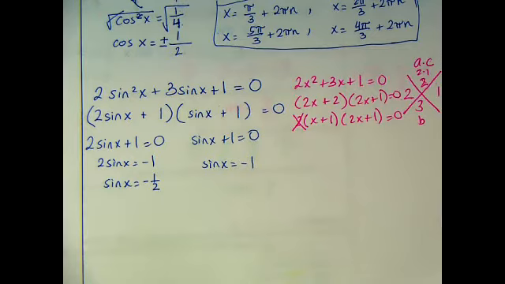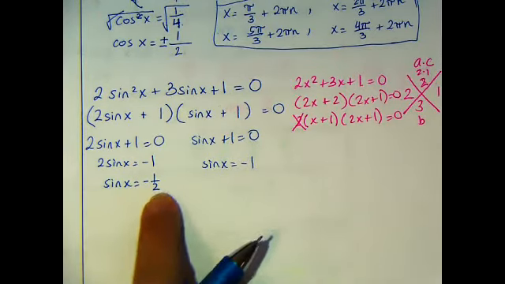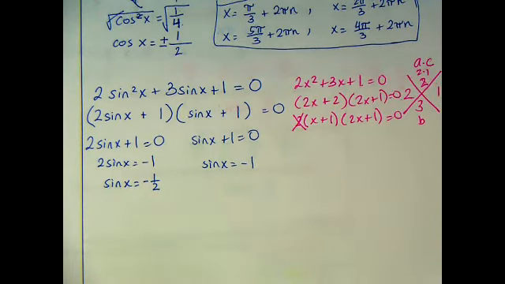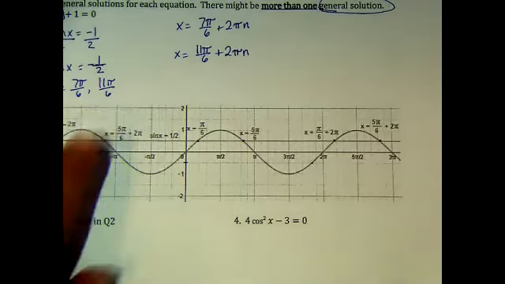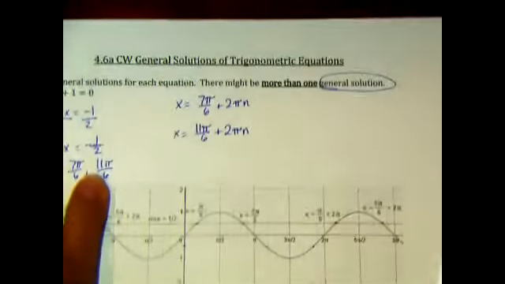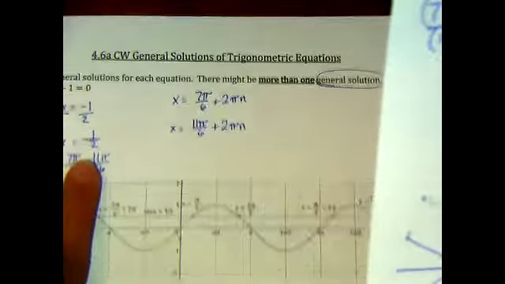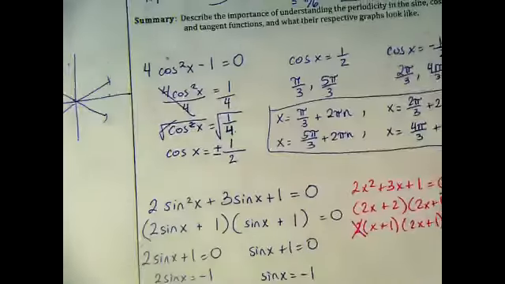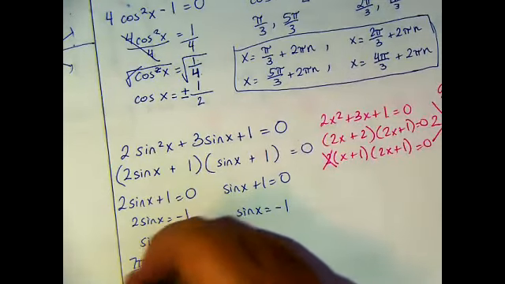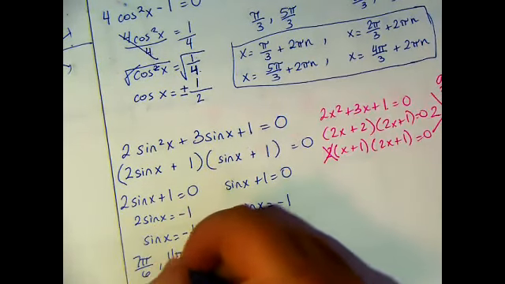So you'll essentially have sine of x is equal to -1/2. We kind of already did that in our example up here, right? So we had sine of x is equal to -1/2 at 7 pi over 6 and 11 pi over 6. Okay, so we have 7 pi over 6 and 11 pi over 6,